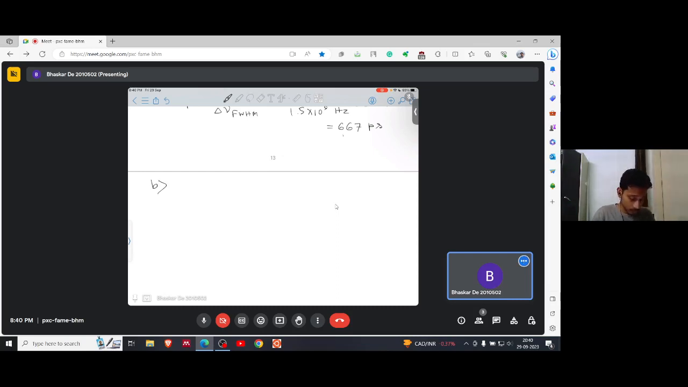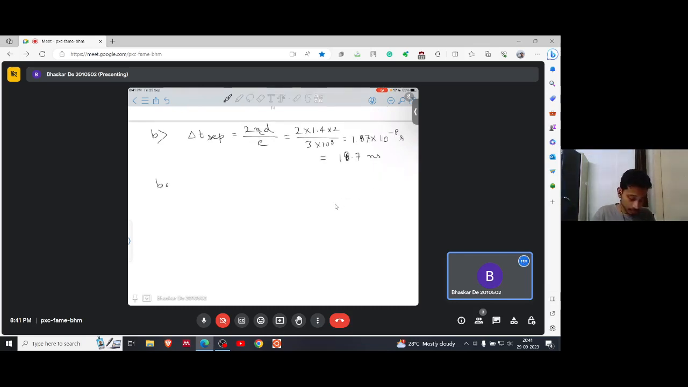Again, for the second part, the delta T shape, that is the interval between the pulses, is 2 eta d by c, that is 2 into 1.4 into 2 by 3 into 10 to the power 8, which is 1.87 into 10 to the power minus 8 second, which is 18.7 nanosecond, and the bandwidth is